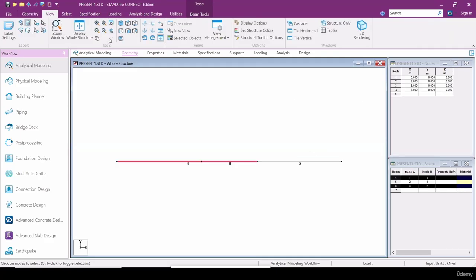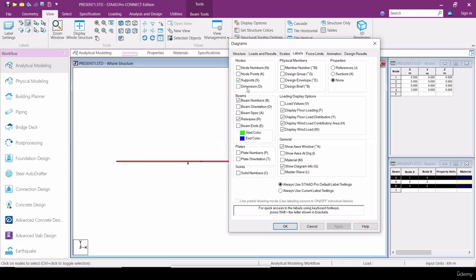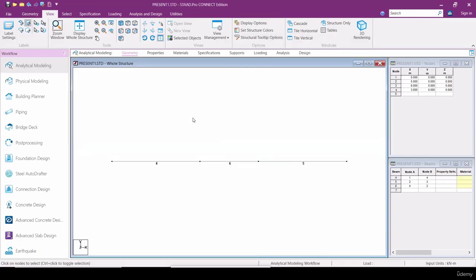Now I'm going to the view tab. In that view tab, label settings. Label settings is nothing but node numbers, node points. Node points is nothing but Shift K. Okay, suppose